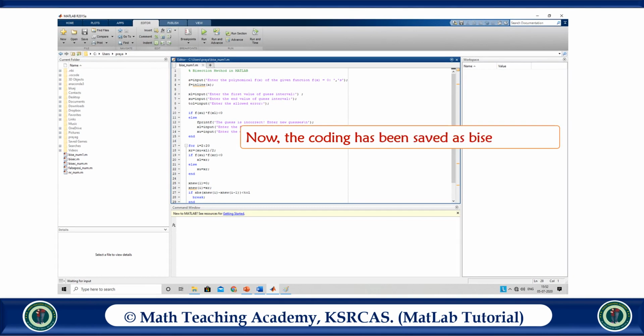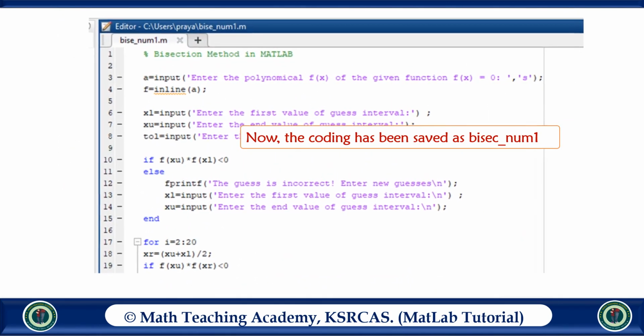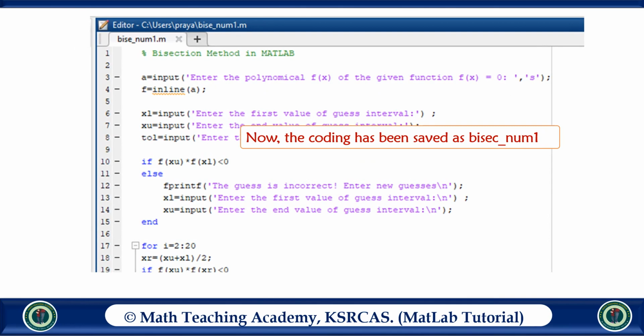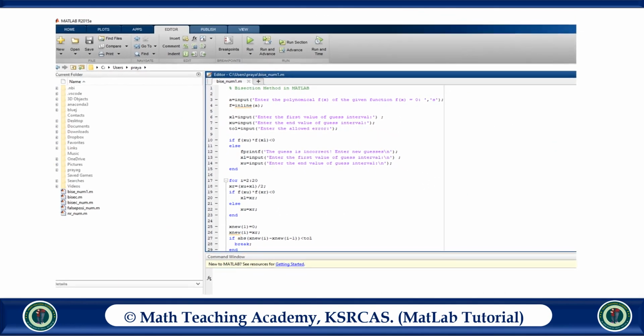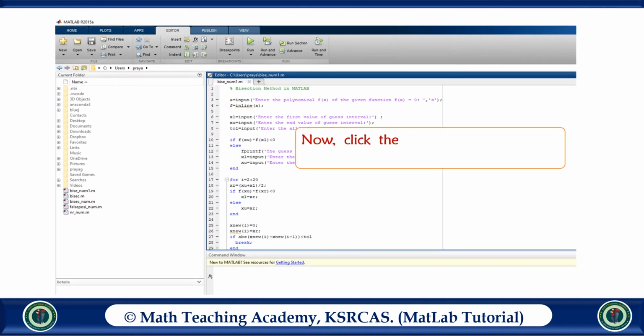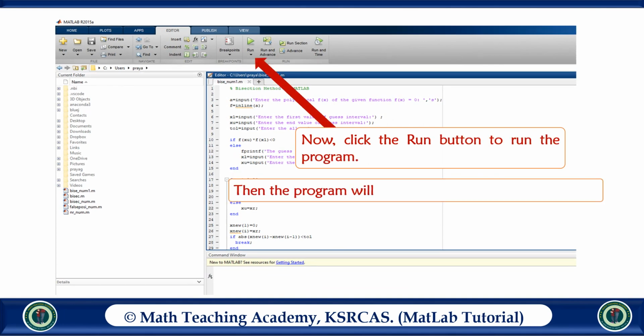After you have entered the code, you have to save the file. Now the coding has been saved as bisec_num1. Now click the run button to run the program. Then the program will run in the command window.